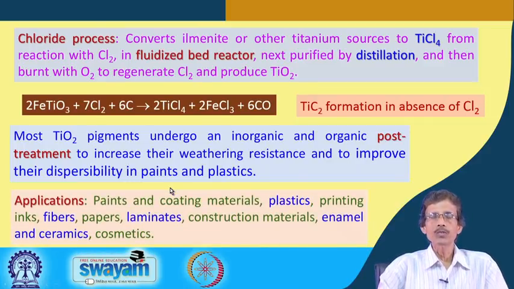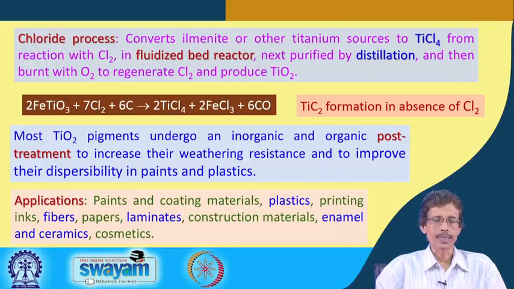So, the different areas we can have now is that you can use it in paints and coating material. That particular titanium dioxide, the white compound, can be useful for coating material, you can use it in plastics, in printing material like printing inks, then fibers, papers that we have already seen, then laminates also, the lamination board, which is white in color, we can very easily use that titanium dioxide. Then construction material,